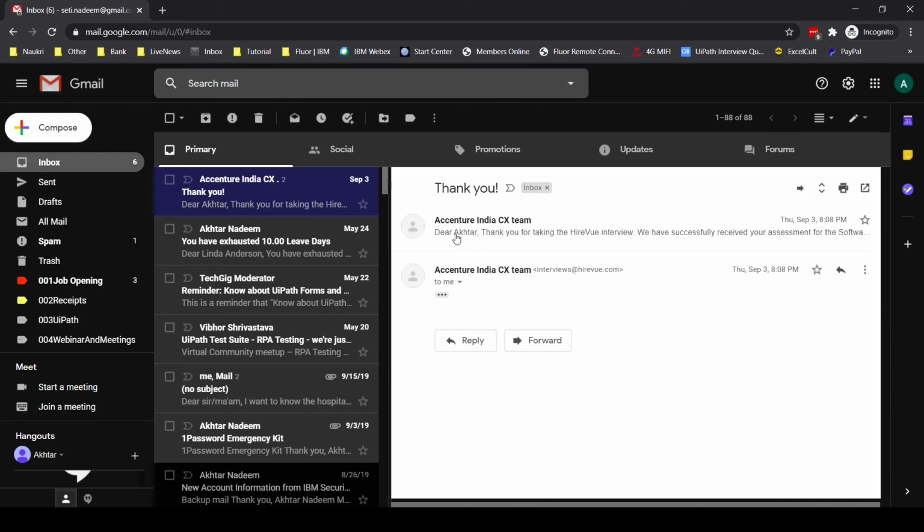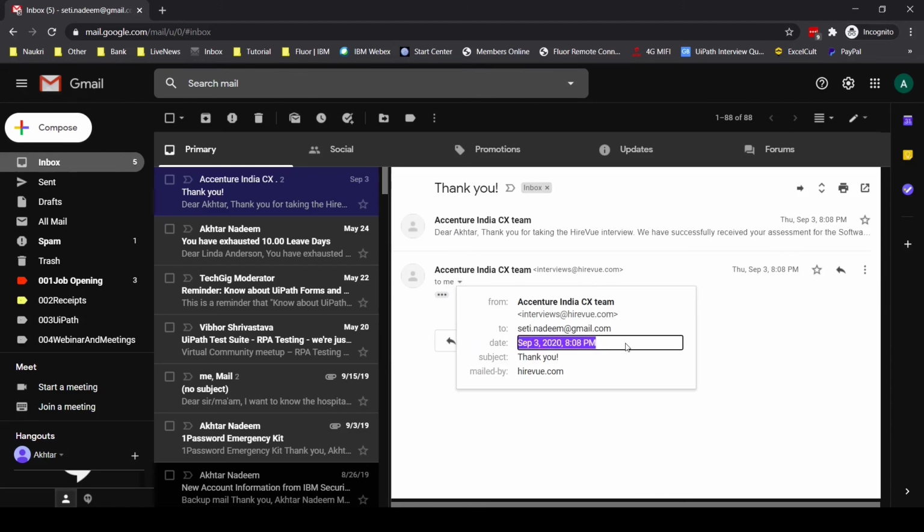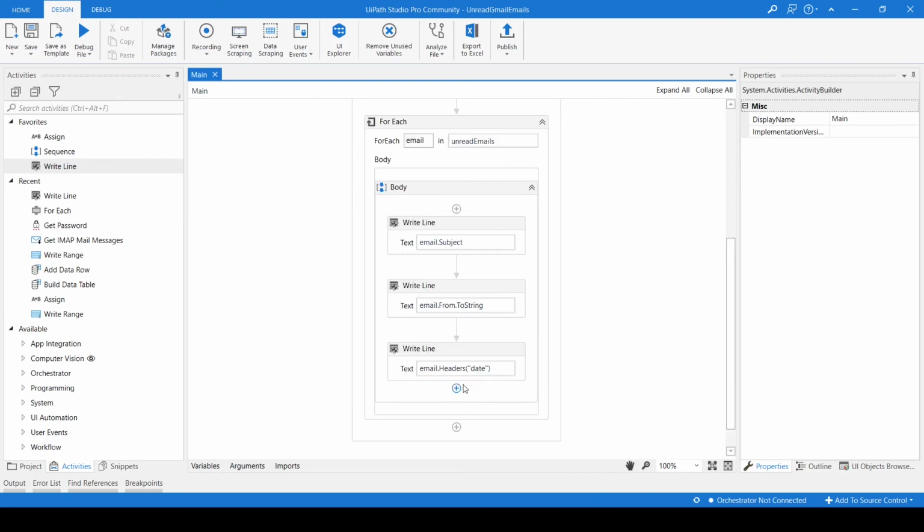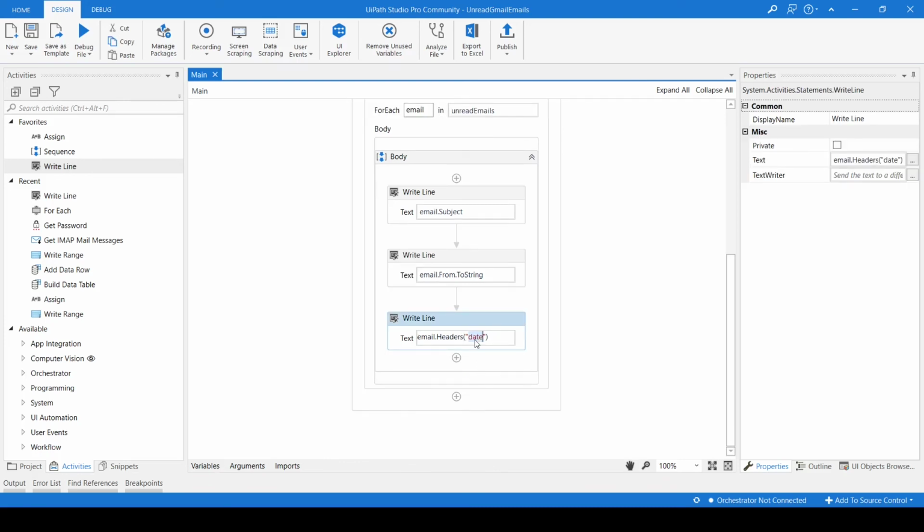This date and time we can gather from the headers part. We can pass an argument like date here.